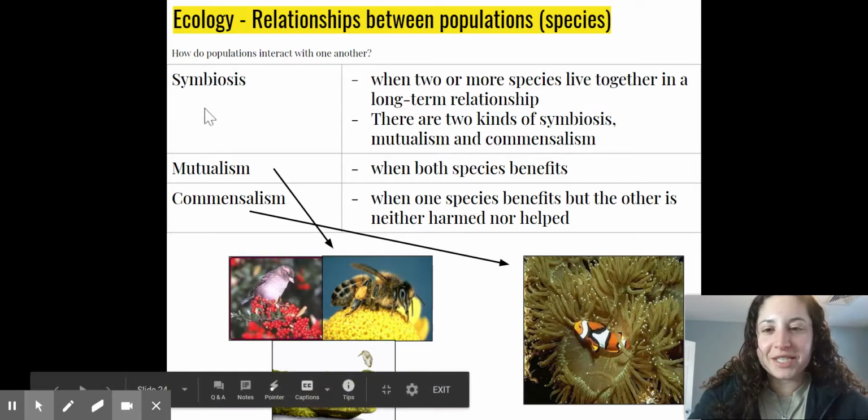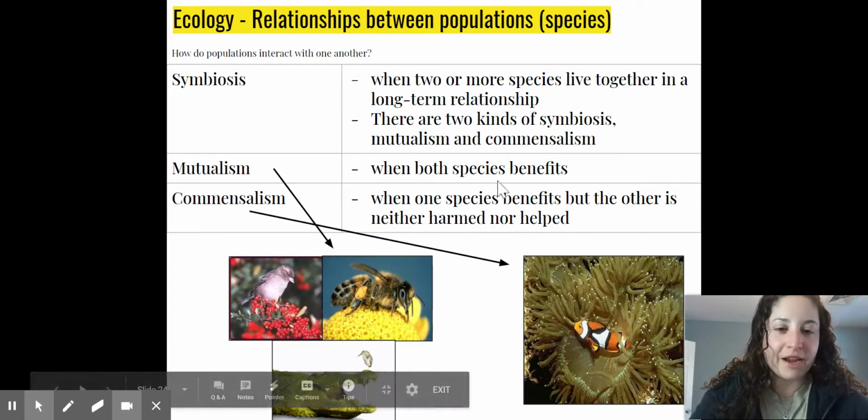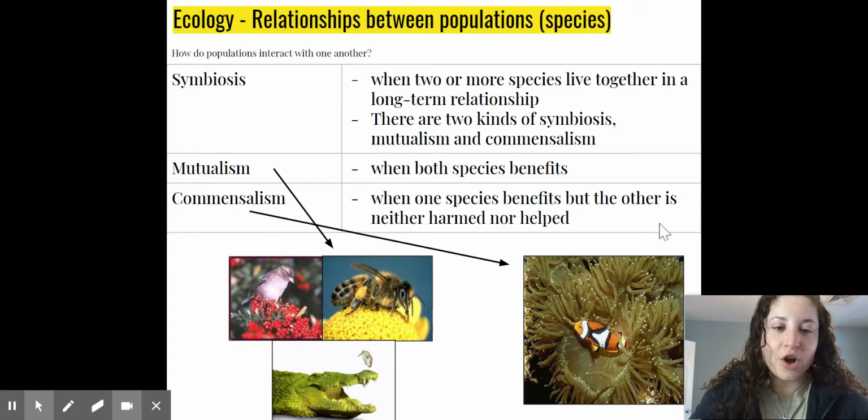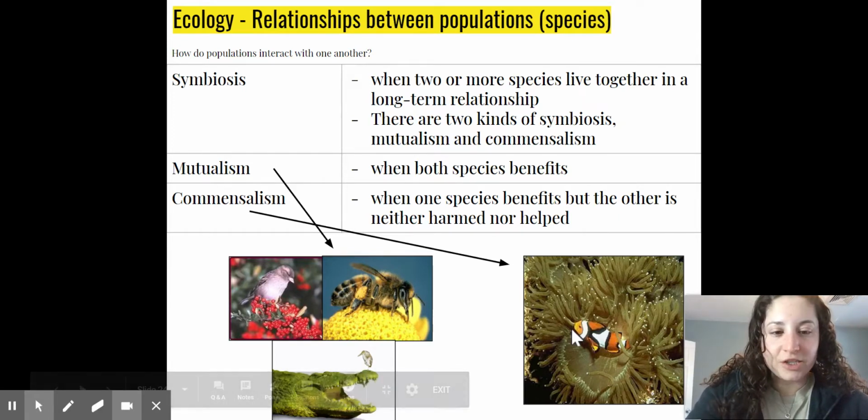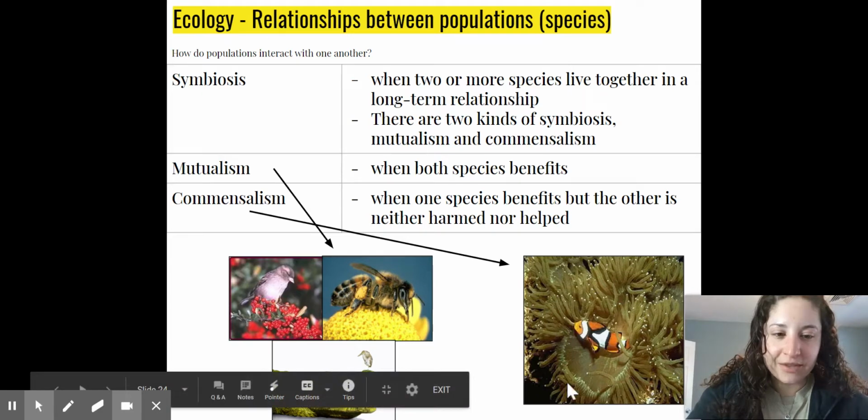So the other type of symbiosis is commensalism. And so this is when one species benefits, but the other one is neither harmed nor helped. So they're living together, one species gets benefit from it, it doesn't really affect the other species. And you actually see this as an example in Finding Nemo. The clownfish likes to live in the sea anemone. And so by the clownfish living in the sea anemone, it gets a home and it's protected because remember,